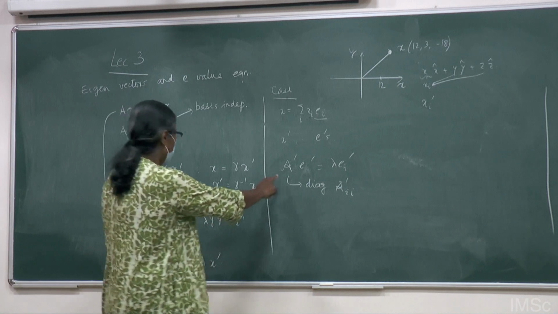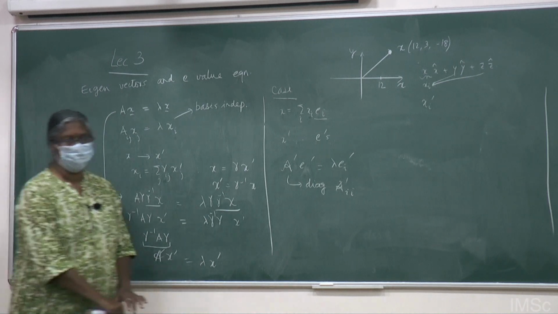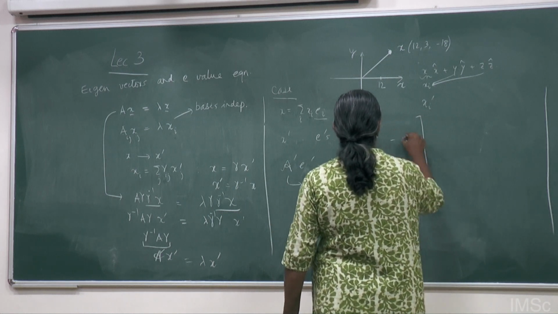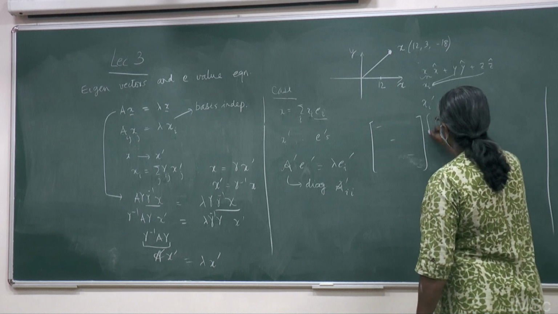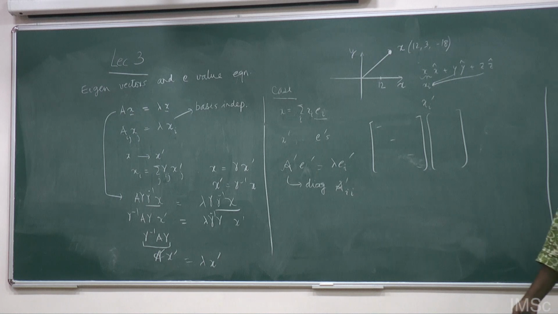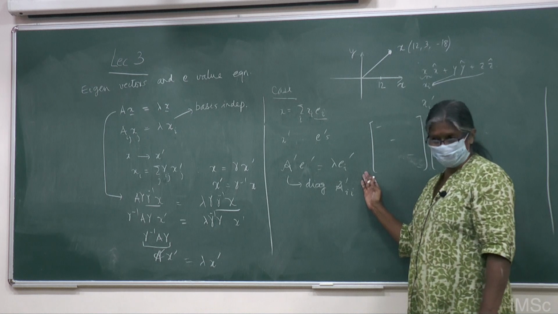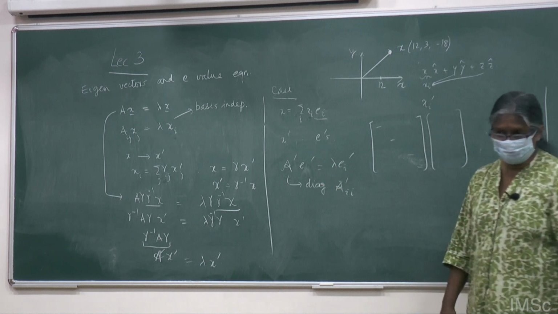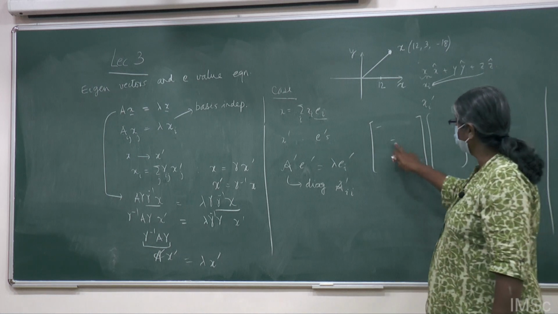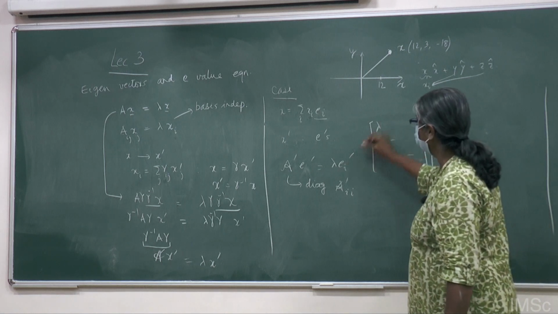Here, I apply such a similarity transformation such that A prime is diagonal. You can look at it the other way around. If A prime is diagonal, then I have only these elements. But the argument is actually the other way around. Because you're transforming into this basis, A prime becomes diagonal, which means that I have found a way of diagonalizing this matrix. And what are the diagonal elements? They are the eigenvalues, the lambdas.